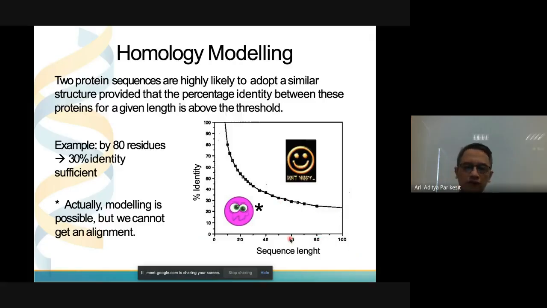So if your sequence length is 80 amino acids or more, a sequence identity of 30% with anything in the template will be sufficient. But it doesn't mean that the function will be the same.